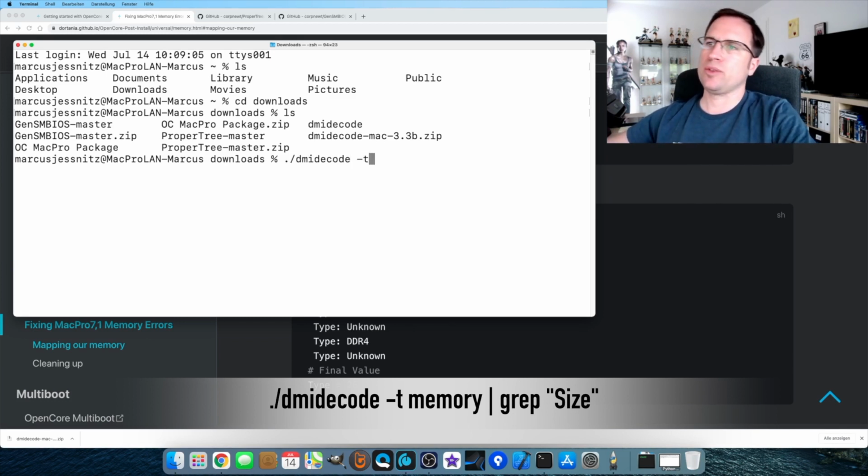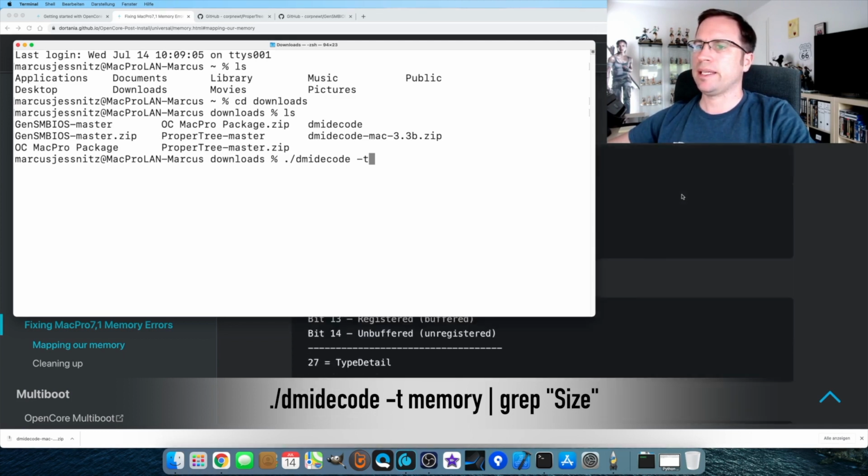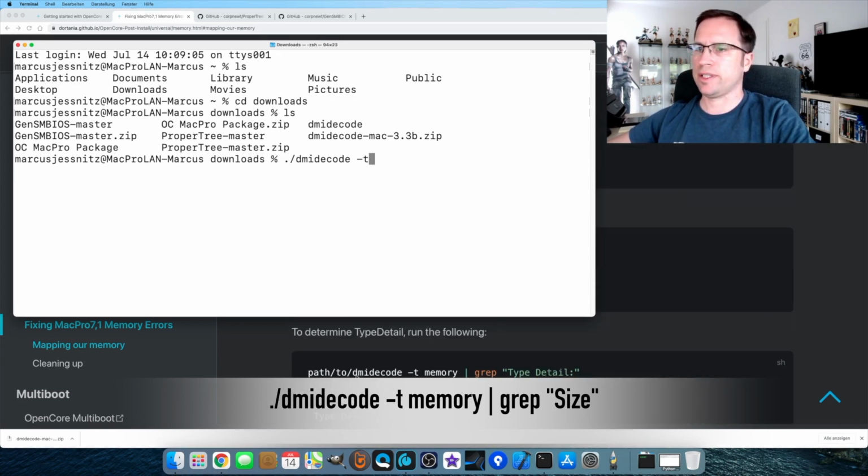-t, and you will find all the other commands, for instance down here, -t memory, and then you do a vertical slash grep, and now you type what part of the info you want to grab.